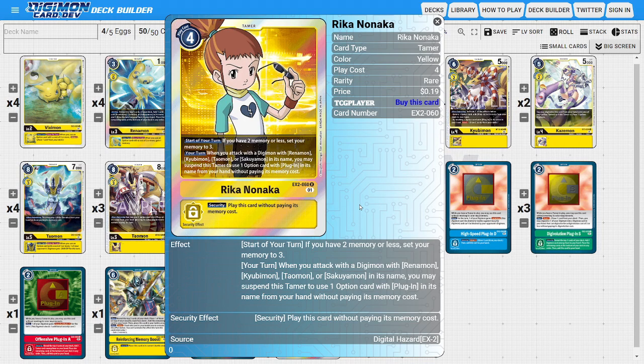So she's also going to be acting as the deck's dedicated memory fixer, so she's always going to be hard sending us to 3 if our memory is ever less than 3 at the start of our turn. Then, during your turn, when we attack with the Digimon with Renamon, Kyubimon, Taomon, or Sakuyamon in their names, then we get to suspend this tamer to use one option card with plugin in its name from our hand for free, so it just allows us to easily utilize our plugins